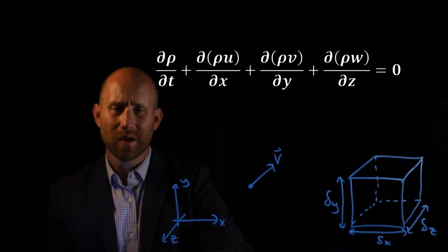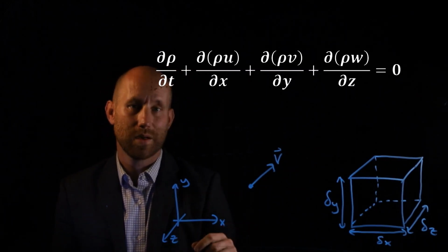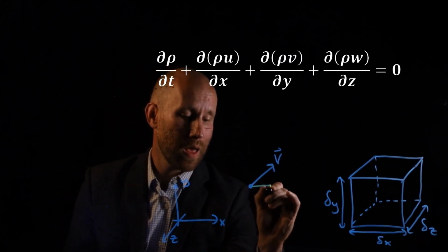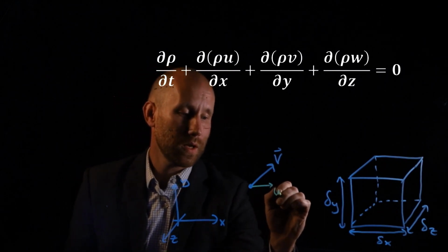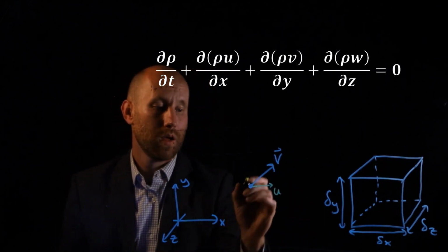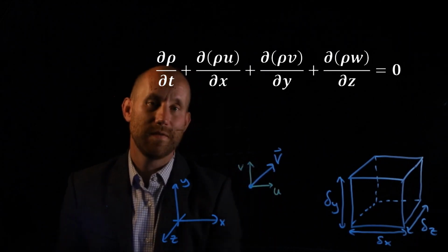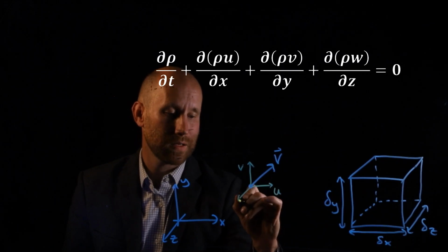And so what I'm going to do here is draw the three different components of this velocity and write what we commonly call them. So if we take a look at the x component of velocity, we usually call that u. The y component of velocity is v, and we'll write that as lowercase v,